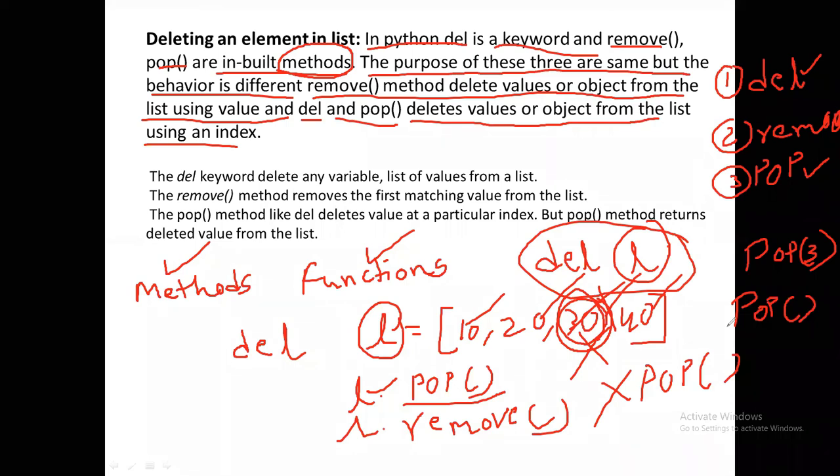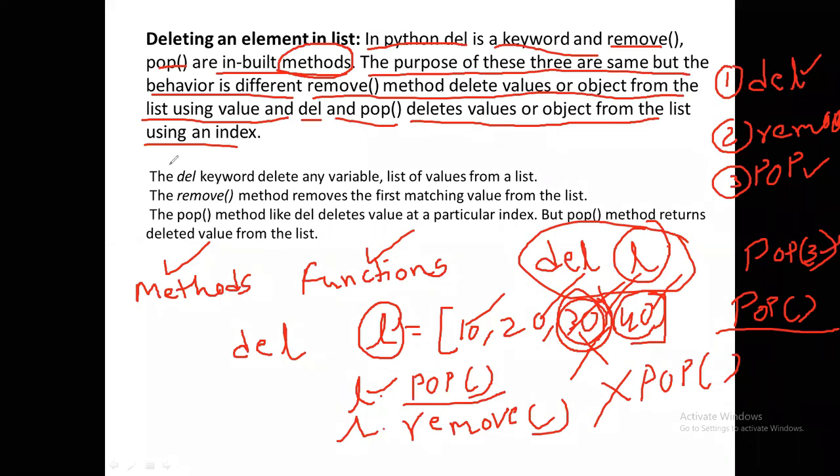I hope you completed your DS, and I hope you all know the stack. In stack there is a pop function. So what does pop mean? Deletion. The last element will be deleted. If I use pop without any argument, then the last element will be deleted. If I specify the index, then only that element will be deleted.